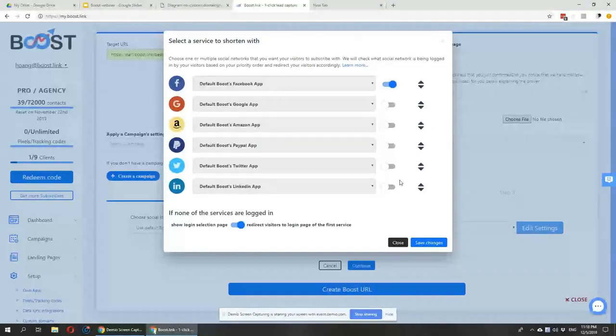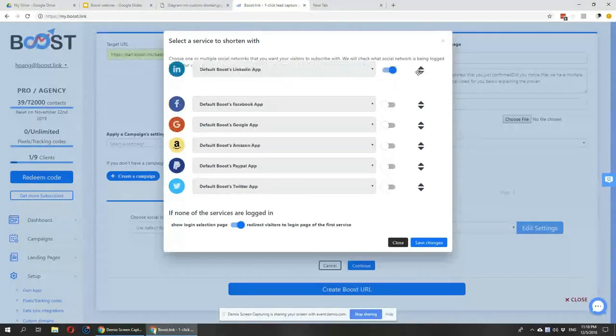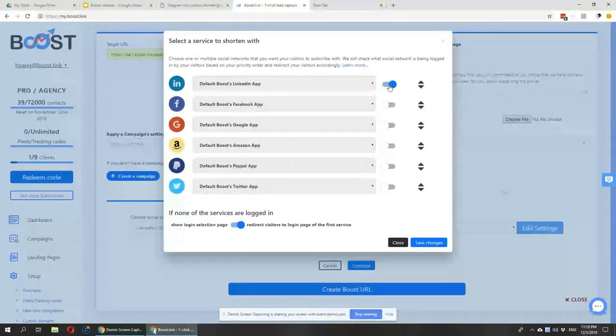The issue is from the platform itself. So it was working for Twitter as well, but now it's not working for Twitter. Basically, the detection doesn't work. Twitter and LinkedIn, if you still use it, you can still use it standalone like this, right? But just the detection for the smart URL doesn't work. So for now, to increase your chance of getting the email addresses, you can use multiple social networks with Facebook and Google like this, and you can actually change the